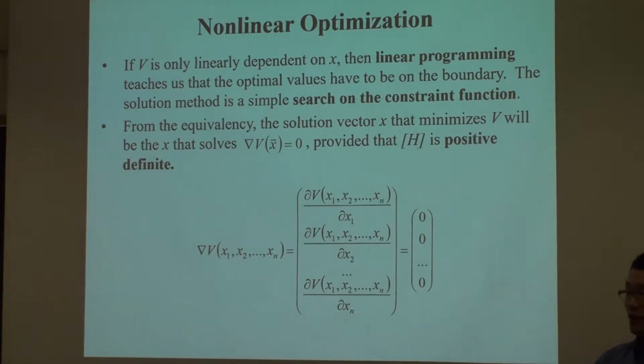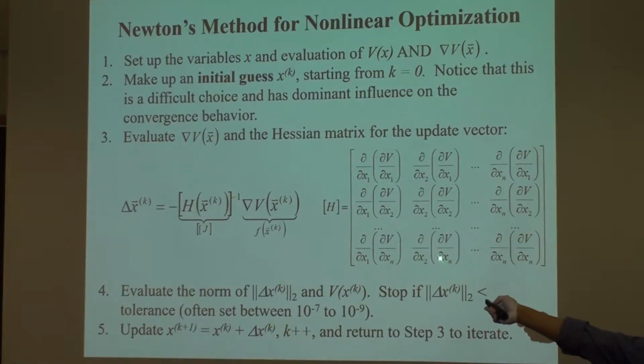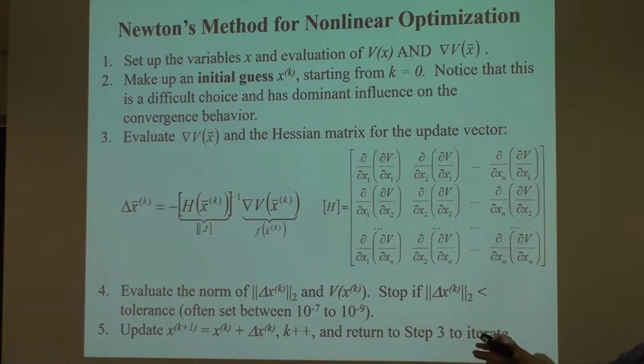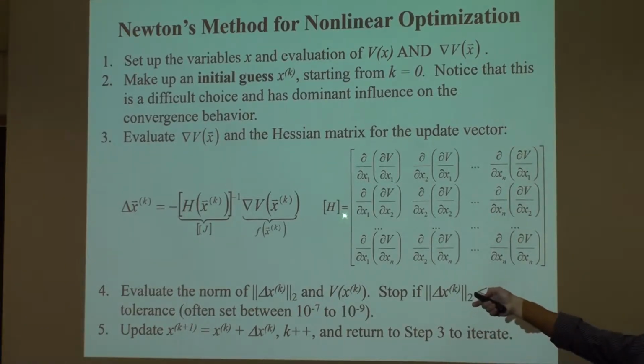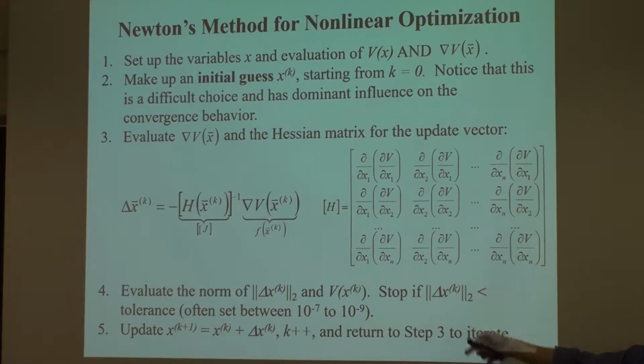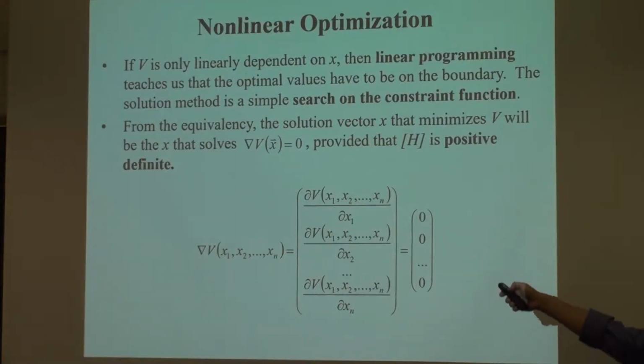So this one is not included in our discussion. Our problem focuses on the nonlinear case. A linear function is also characterized by a degenerate Hessian matrix. If it's only linearly dependent, this will be zero. So there's nothing to solve, because this is zero and your first order approximation is correct. So linear is fine.